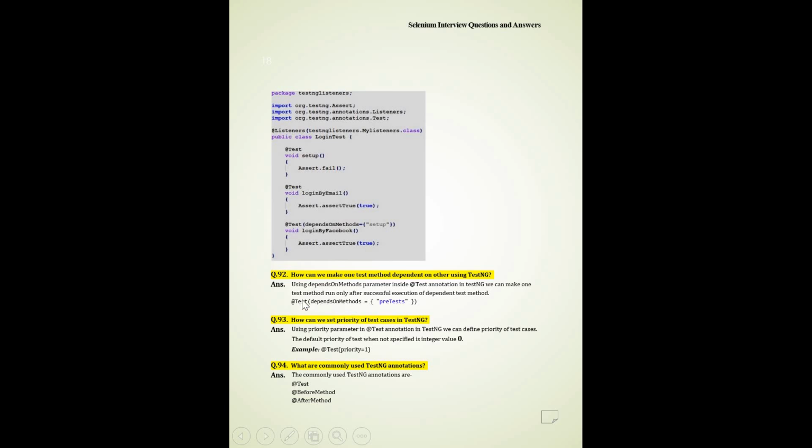When this method depends on one method, it is dependent on, say, pre-test. If pre-test fails, the method which is dependent on it, for example post-test, which depends on pre-test, will also not run. So how are you going to make sure that even if pre-test fails, your post-test runs? So you will be using the alwaysRun attribute. Okay,